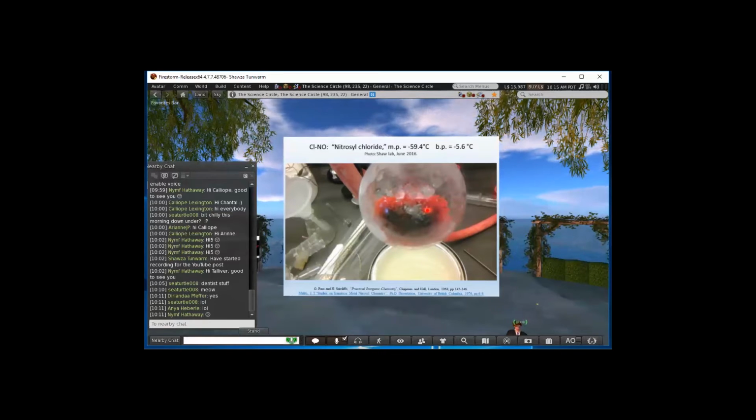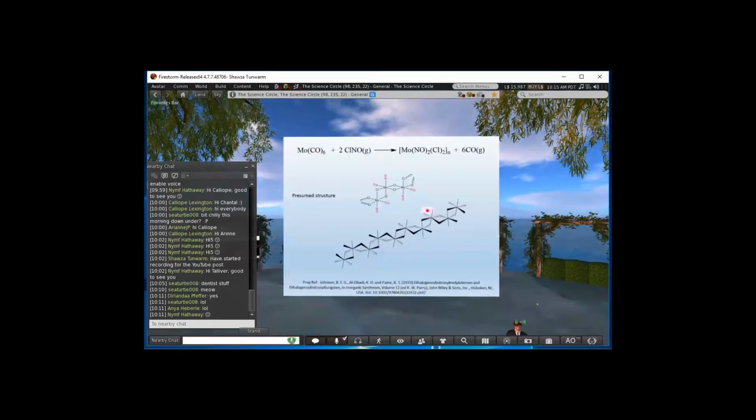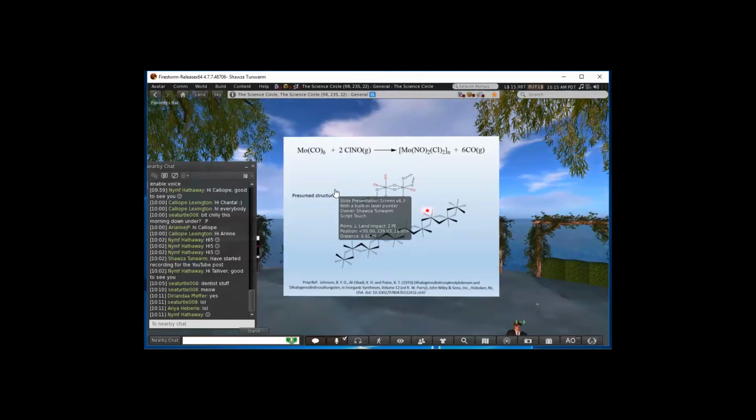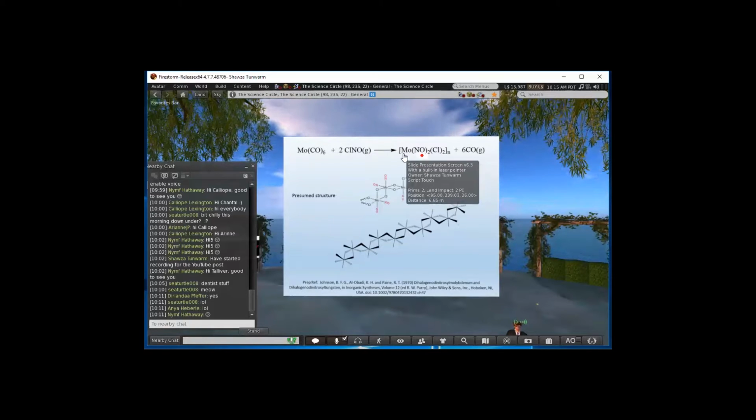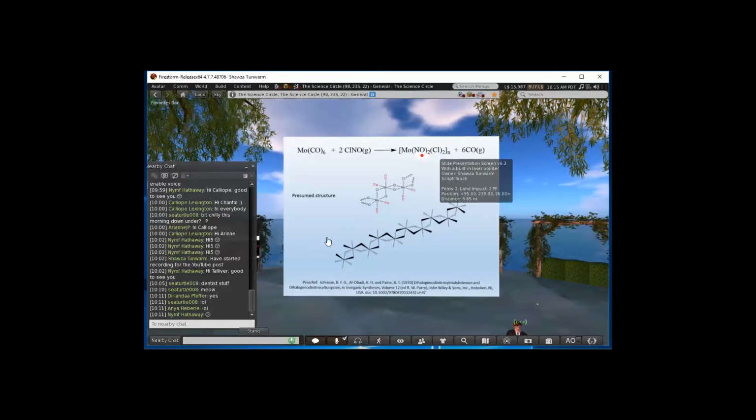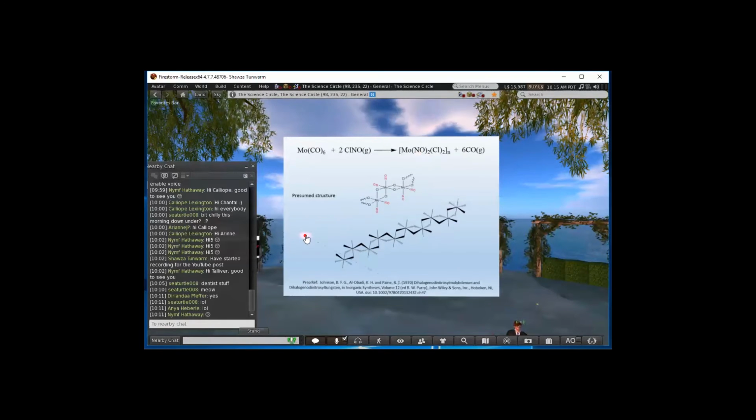Let's see, why was I doing that? Well, one of the things that I've been doing with my students has been to explore, as part of our senior inorganic teaching lab, some of the chemistry of this material. And it's a molybdenum. It's got two NOs attached. It's got two chlorines attached. That's not enough to satisfy the molybdenum, because molybdenum is greedy.